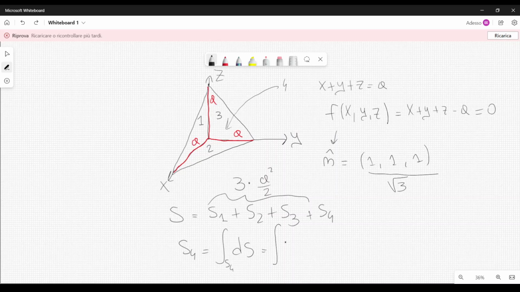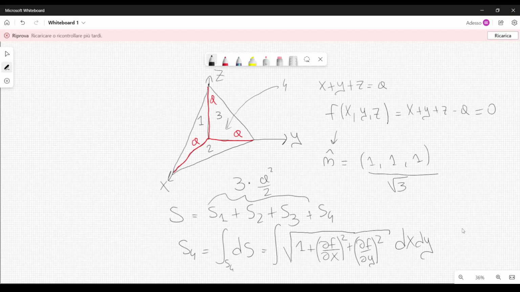And this can be calculated using Cartesian coordinates in this manner. You can check my course on multivariable calculus, but you can also find this everywhere online if you just check. I also gave a proof in my course. You can find a simple one. I'm not going to do it here. You have the integral of the square root of 1 plus the derivative of the function f, which is this one, with respect to x, plus the derivative of f with respect to y, and you have to square df over dx, and you also have to square df over dy, like this. Then you have dx dy,